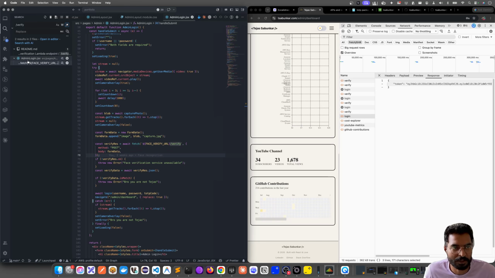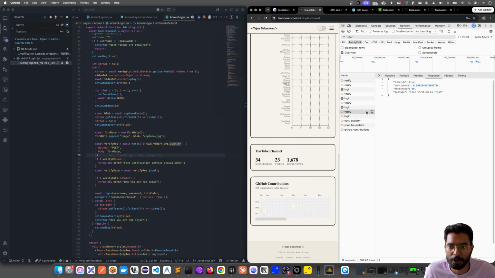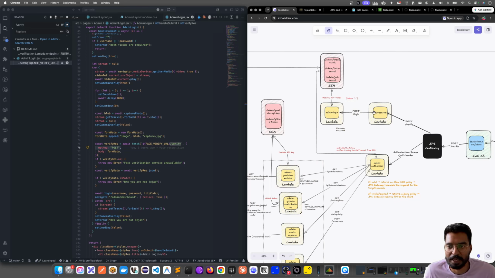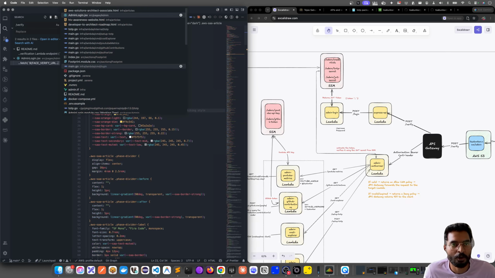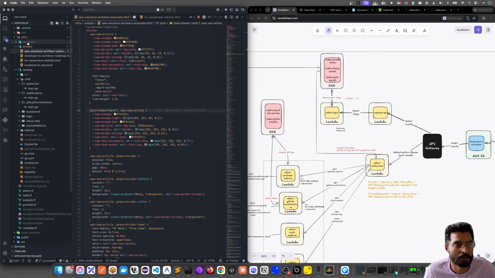The front end part of it, the AdminLogin.jsx, is trying to invoke the /verify endpoint URL. It is trying to fetch that, doing a POST call. Once it gets that response, and once the verify is done, then we are trying to call the admin login. So the login now goes to